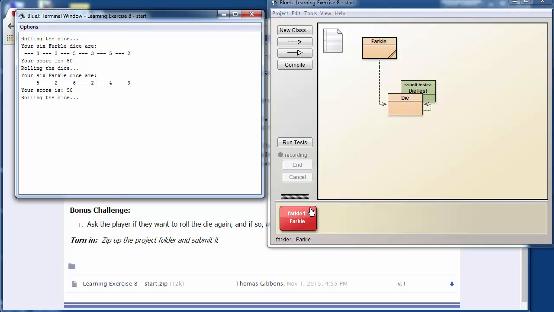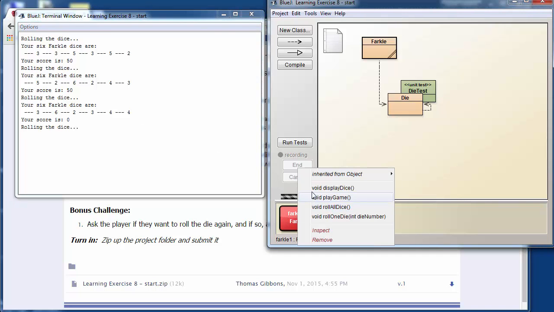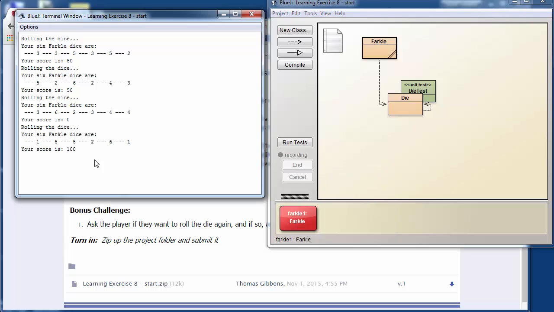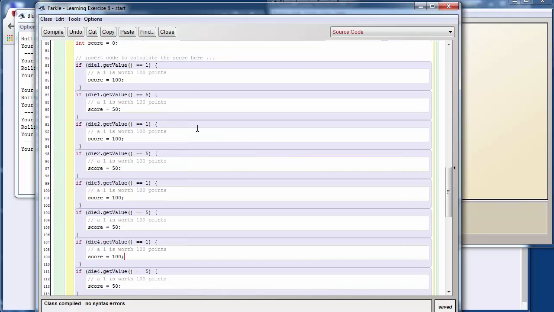But I can roll the dice again, see if I get a luckier roll. Yeah, nothing there. So this again, roll the dice. The error occurs when I get multiple numbers. Now I have a 1, a 5, and a 1. So I should have 100 plus 50 plus 100, but it only gives me this last 100 here. So we just have to make sure, and maybe you saw this as we're going through this,